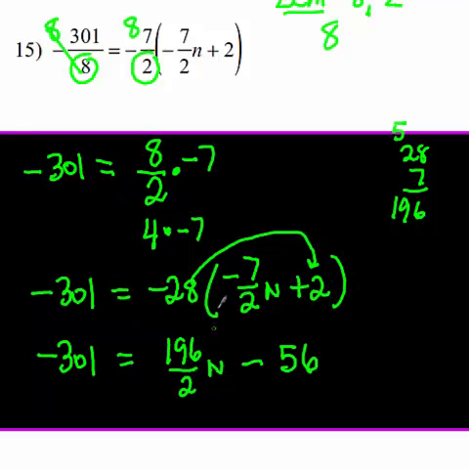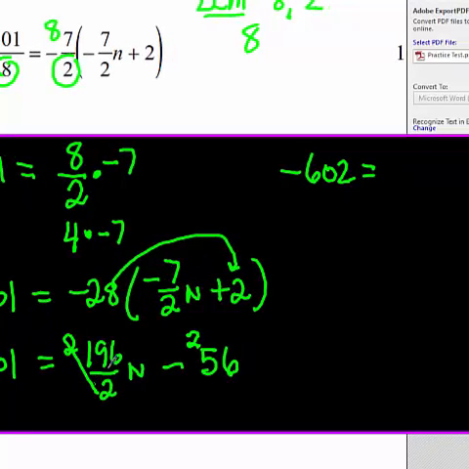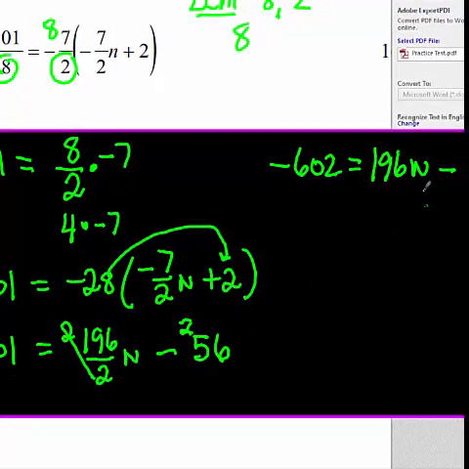Well, I still got a 2 in the denominator. I don't like the 2 in the denominator there either. So now what do I got to do? I want to get rid of that, so I have to multiply by 2. Let's multiply everything by 2 again. That would give me negative 602 equals, these 2's would cancel and give me 196n minus,